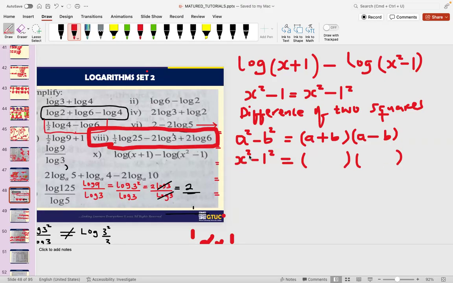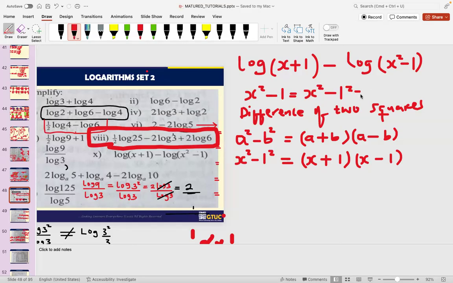The first number, x squared, I should write it 2 times. So x here, x here. The second number, 1, I should write it 2 times. 1 here, 1 here. When minus 1 is crossing the equal sign, it will become plus. When plus 1 is crossing the equal sign, it becomes minus 1. So this will be the answer, meaning that this x squared minus 1 you are seeing here, we can rewrite